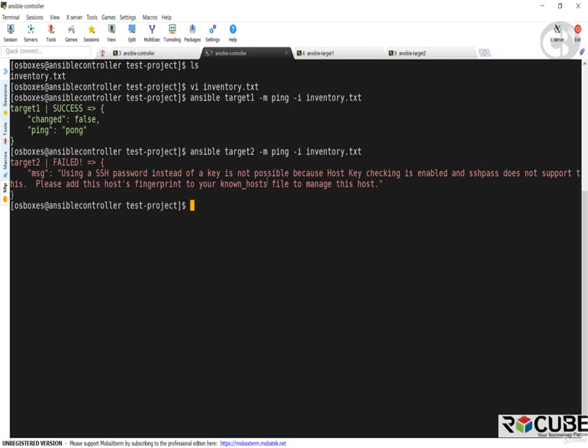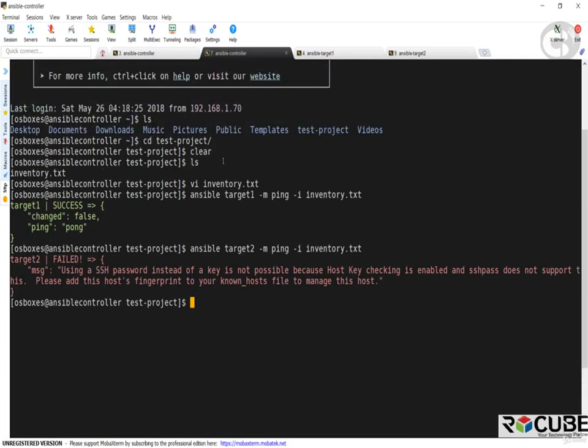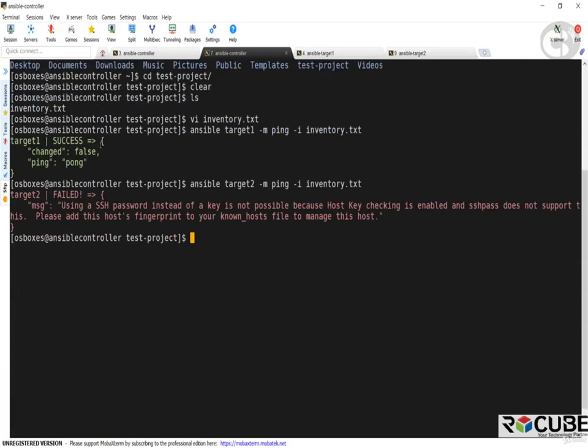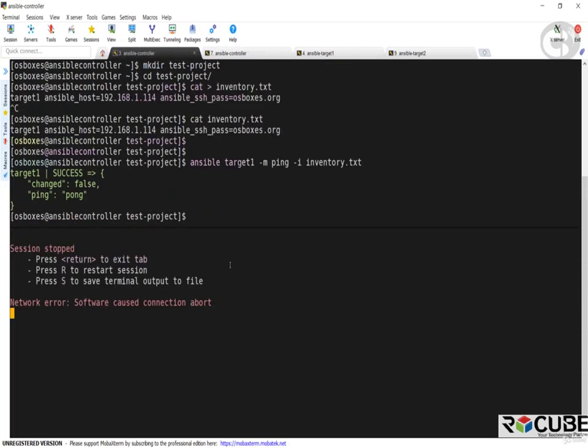If you read the error message, you can see that it's got something to do with the SSH login and the key. It says, please add this host fingerprint to your known hosts file. But did we do that for the first host? If you go back to the earlier session and look at it, you will see that we did a manual